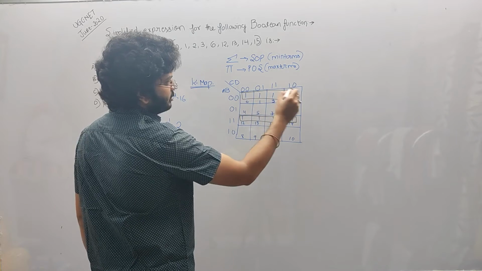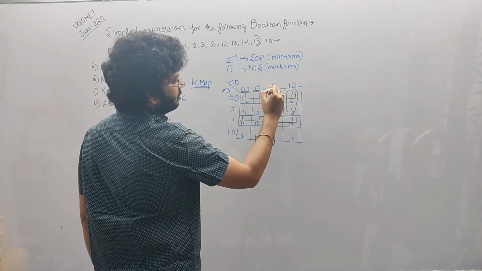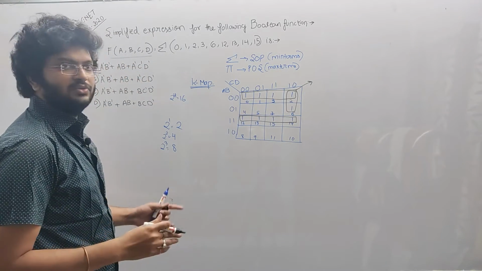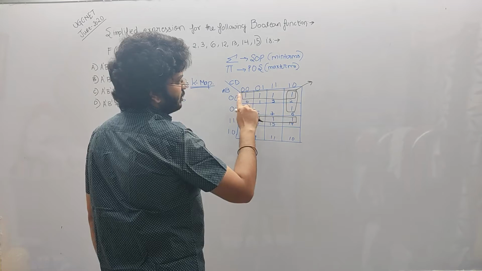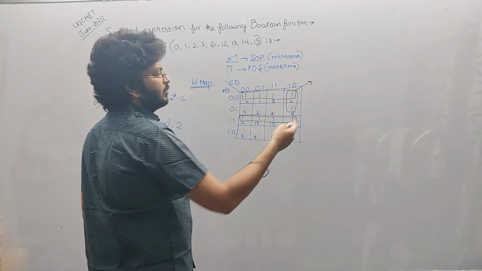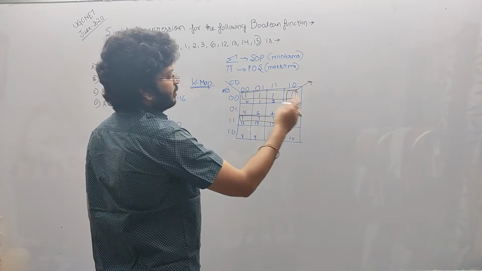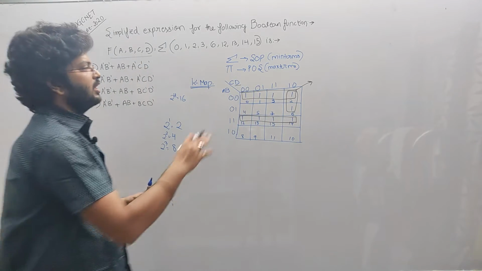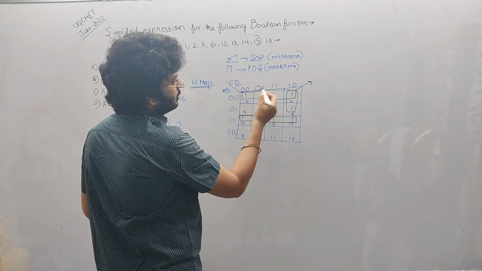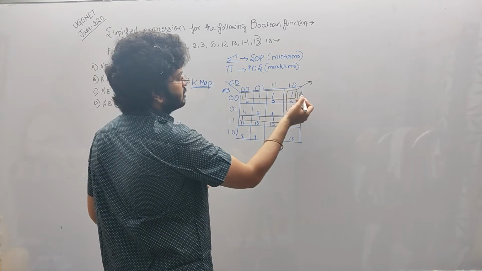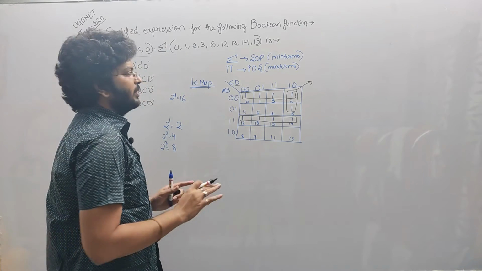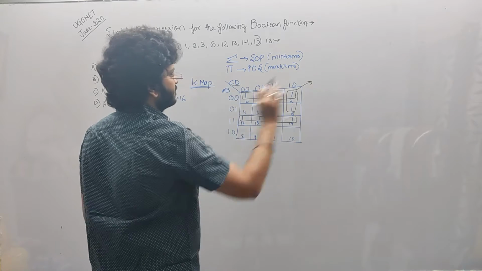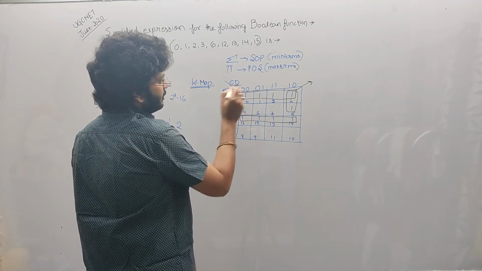So this box, especially this box, I am writing its answer here. So here this will be C. How to determine what the value is? We check which bits are changing. In this continuous flow of 1s, every bit is changing everywhere. So from this variable, nothing will go to the answer because every bit is changing. You jump from 0 to 1, again 1 is changing, again changing back to 0. So there is no constant remaining among the variables. So from this part, nothing will get to the answer. Now this part is remaining from the left side.